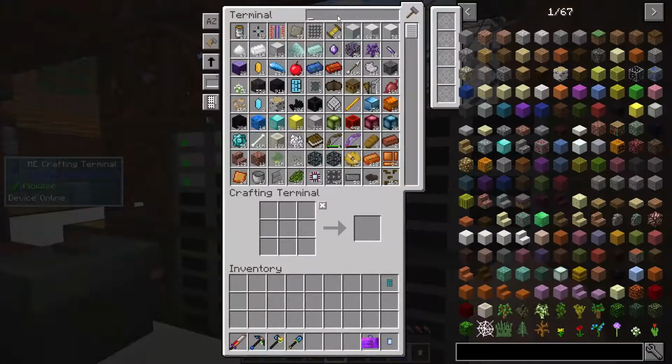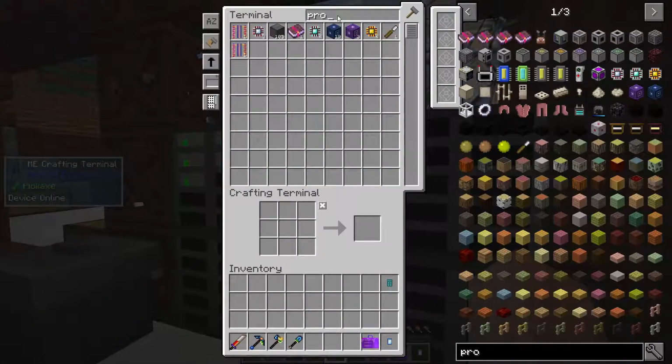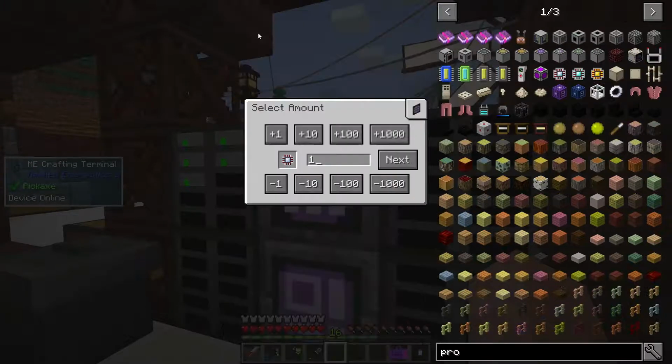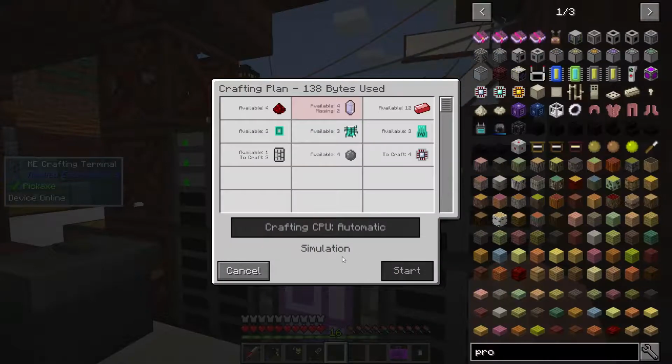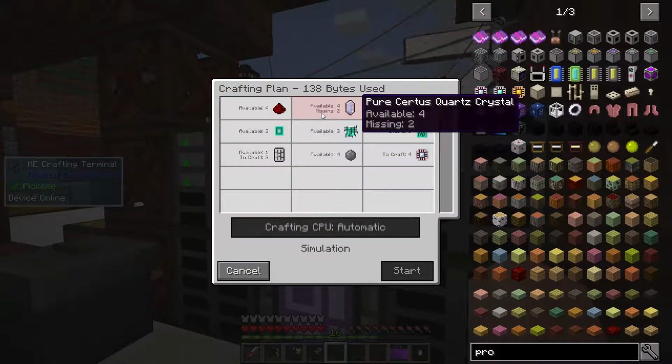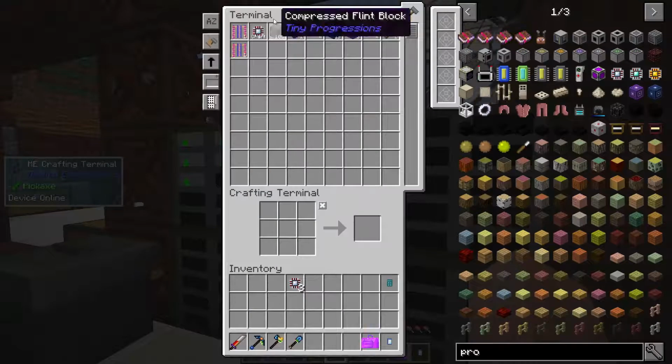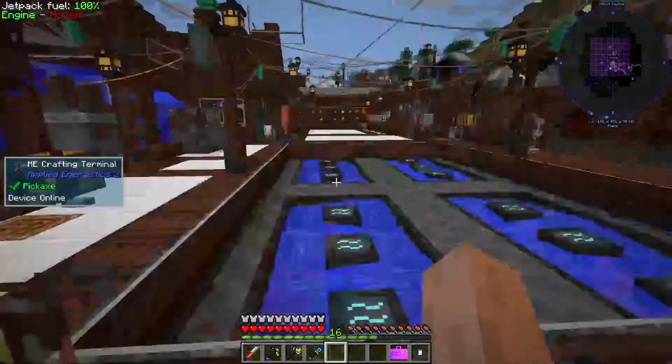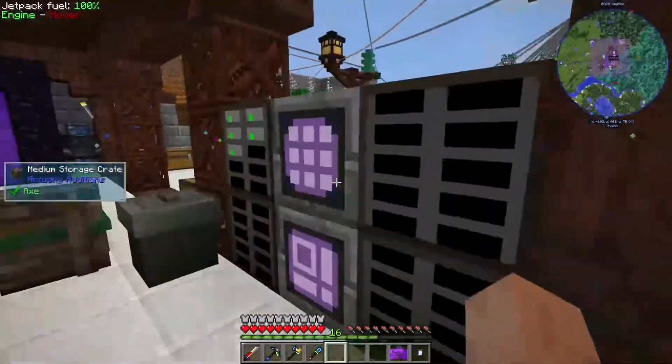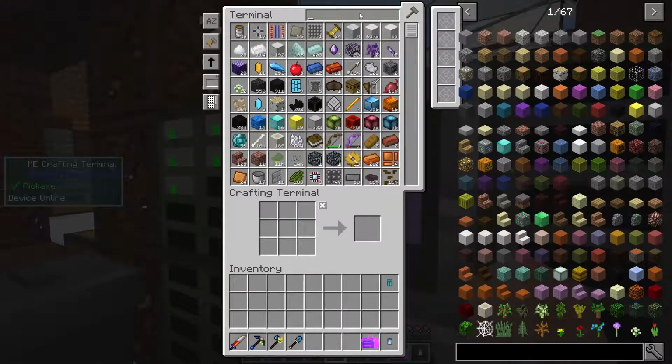See if it's working fine. If not, I'm pretty sure what I've done is I've probably just crafted 2 by accident. So let's just say 4. Pure citrus quartz we're now out of, so chuck that back in there for now. I'm going to need to craft up some pure citrus quartz, so we want